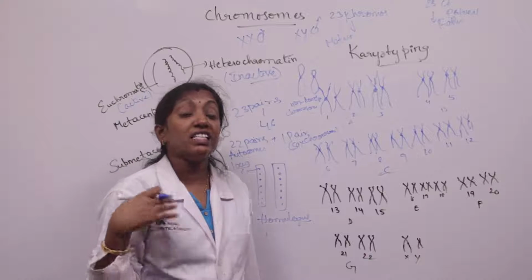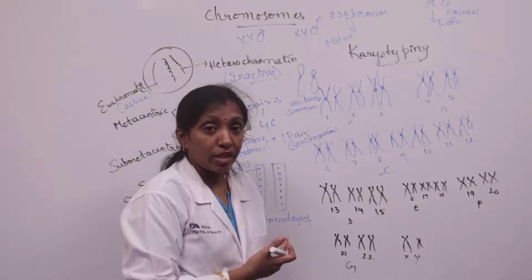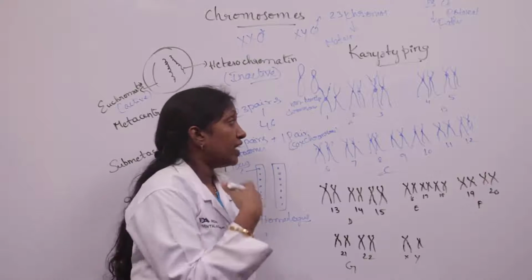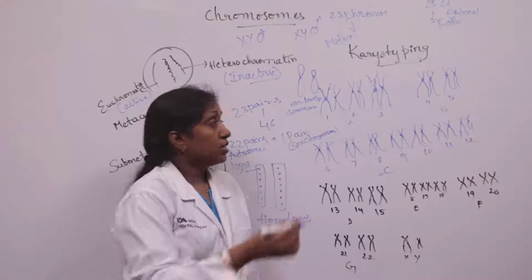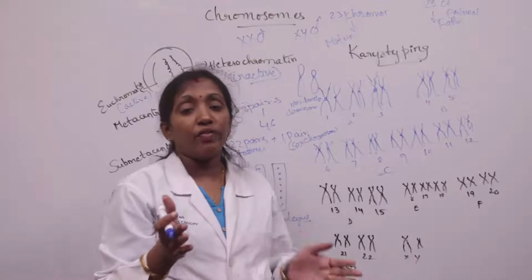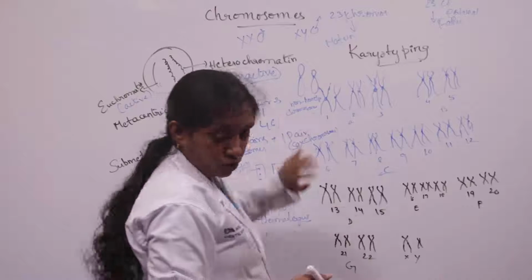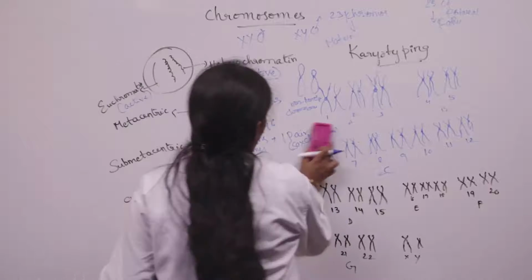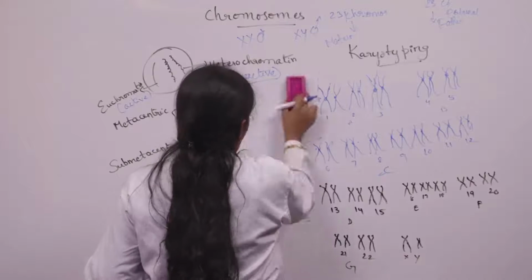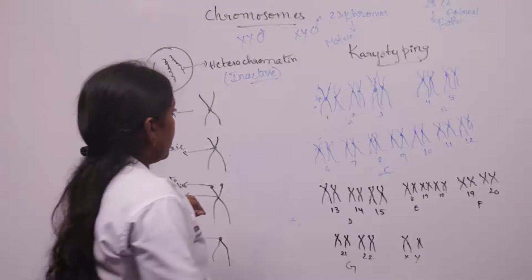the observation of various syndromes like Turner syndrome, Down syndrome, and Klinefelter syndrome. So karyotyping is useful for diagnosing various syndromes. Karyotyping is nothing but the arrangement of chromosomes along with their size as well as the position of the centromere. So coming to the karyotyping here,